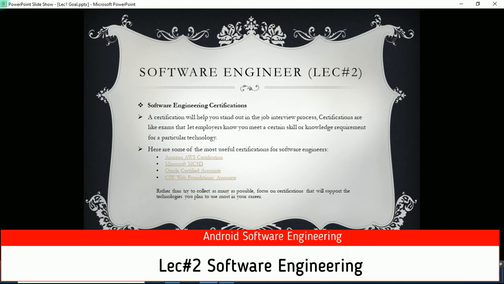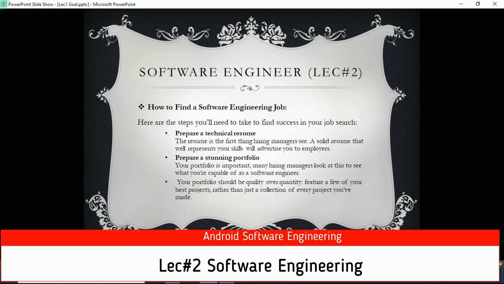Rather than try to collect as many as possible, focus on certifications that will support the technologies you plan to use most in your career, as we just focus on OCA, OCP, OCE, and PMP, and some Microsoft technology certificates.